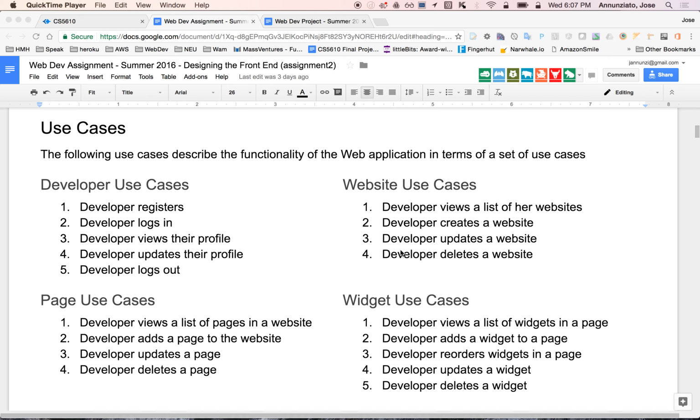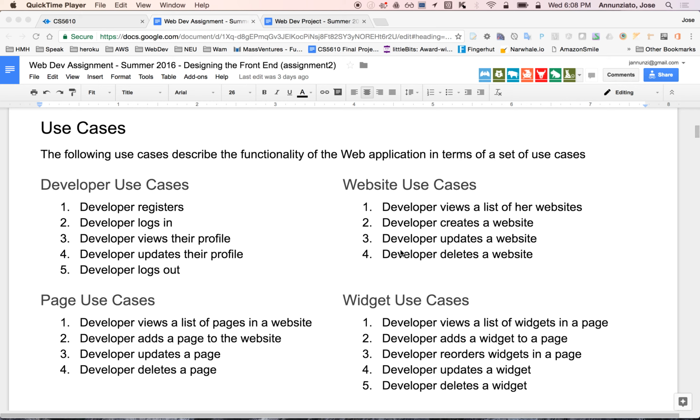So you're building something like this, like a content management system. But it's going to be geared towards implementing mobile-friendly websites, right? Websites that natively are mobile-friendly. Okay, so a phone web application that allows you to build phone web applications. So it's like an IDE, but on the phone, right, or tablets. Here are some of the use cases. I would expect that you would do something similar like this for your project, where you would be gathering all